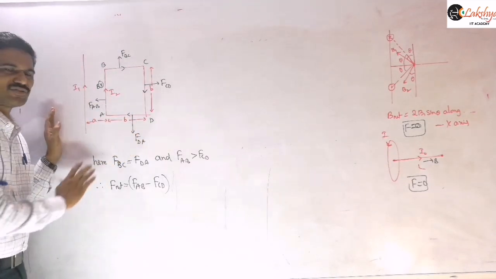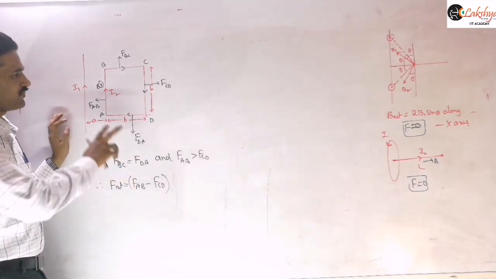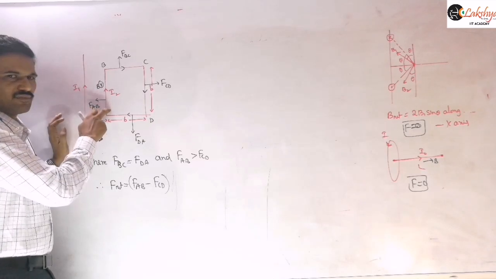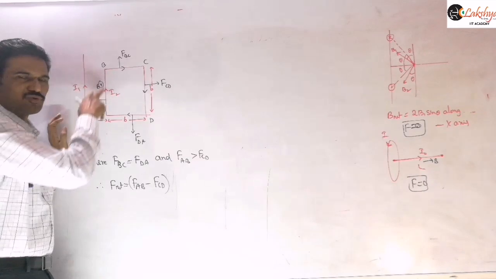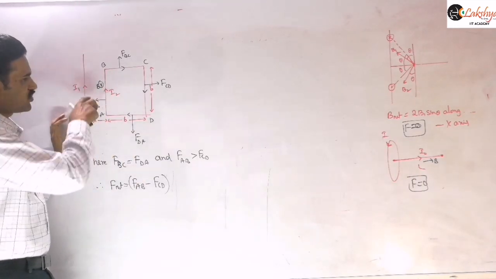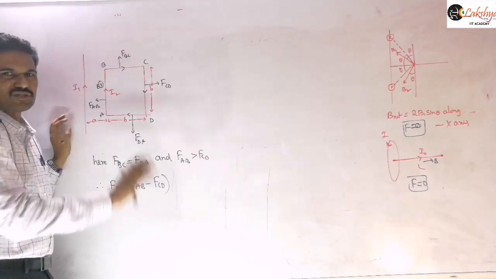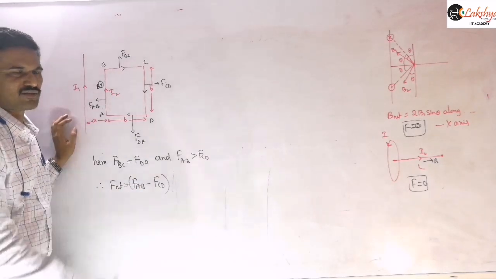For this, the total explanation is not required. Simply you can answer that the resultant force will depend on the nature of the force acting on the nearest parallel conductor. If the force between these two is attractive, then the force acting on the square loop is attractive. You can conclude the net force is attractive in nature.